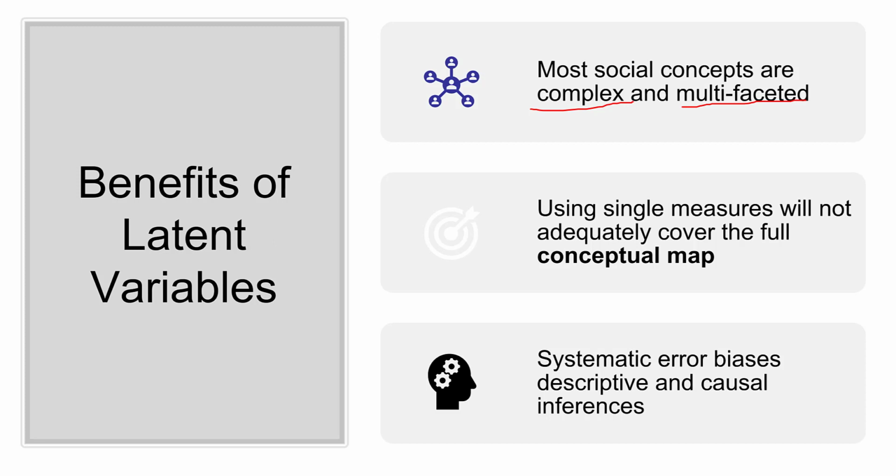The other part is we want to have coverage of our construct. So with depression, a one-question measure would be, are you blue? But we also want to get at the other components of it. So I've got a target here. We want to hit all parts of that target. So are you fatigued? Are you having problems sleeping? Changes in appetite, thoughts of hopelessness. So we want to hit all over that target of that construct,